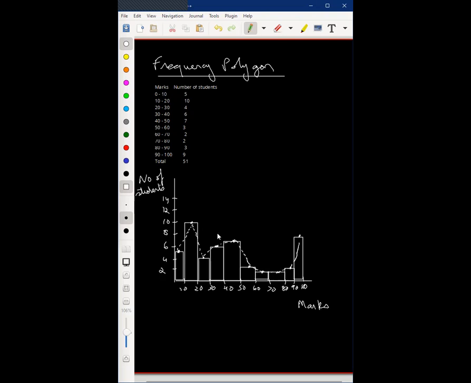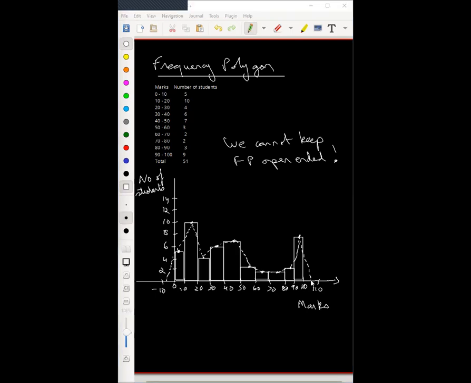Now we cannot keep a frequency polygon open. So what we will do is we will extend this backwards. And between 0 to 10, we will drop this to the midpoint of the preceding backward class. Same thing, we will make this further, so we will say something like 110, even though 110 is not possible, and we will connect this to the midpoint here. So this is very important. We cannot keep a frequency polygon open ended. Remember this. They have to be connected to the x-axis. Is this clear? So this line that we get is nothing but the frequency polygon.